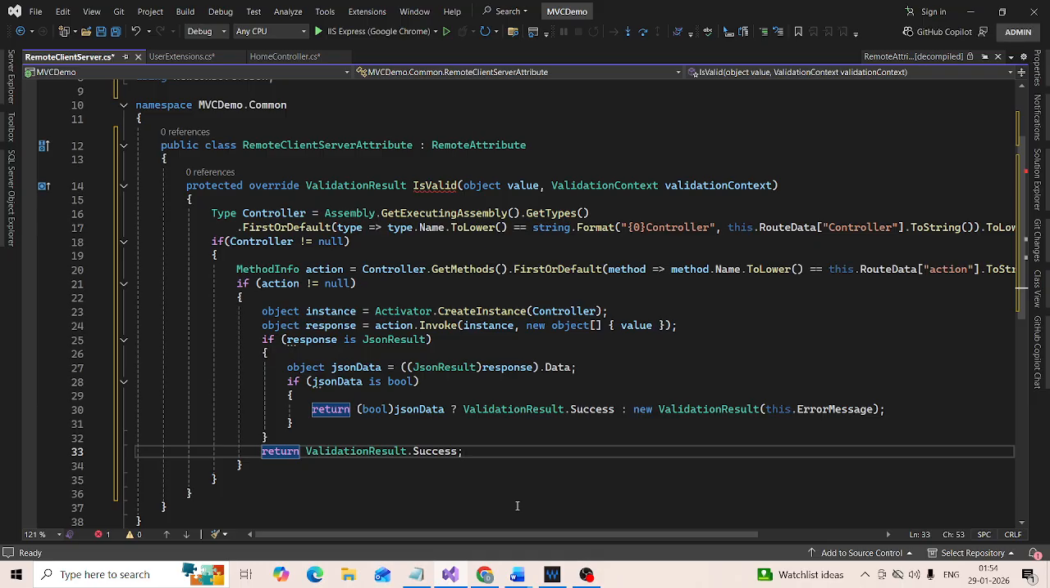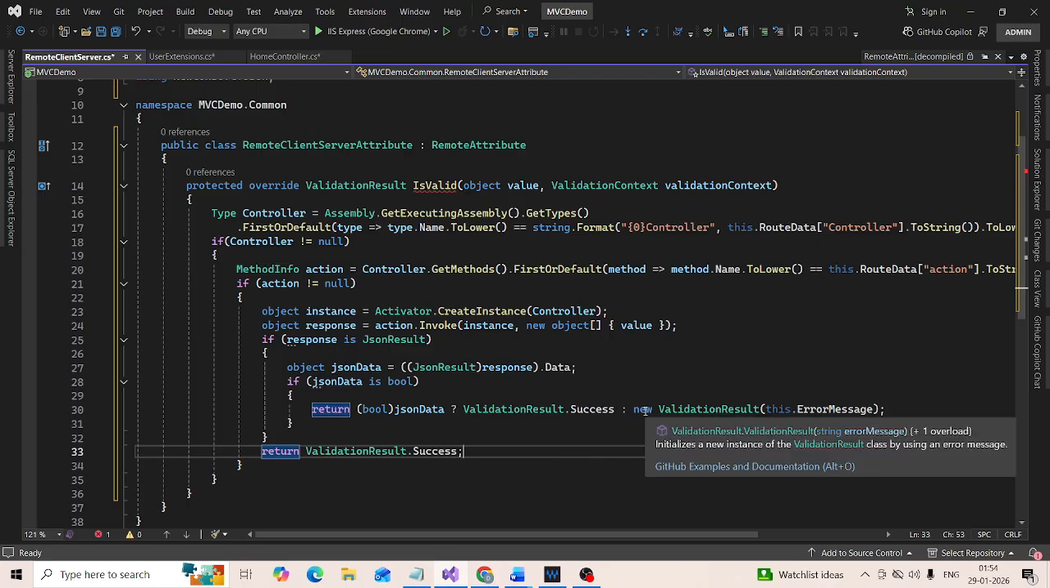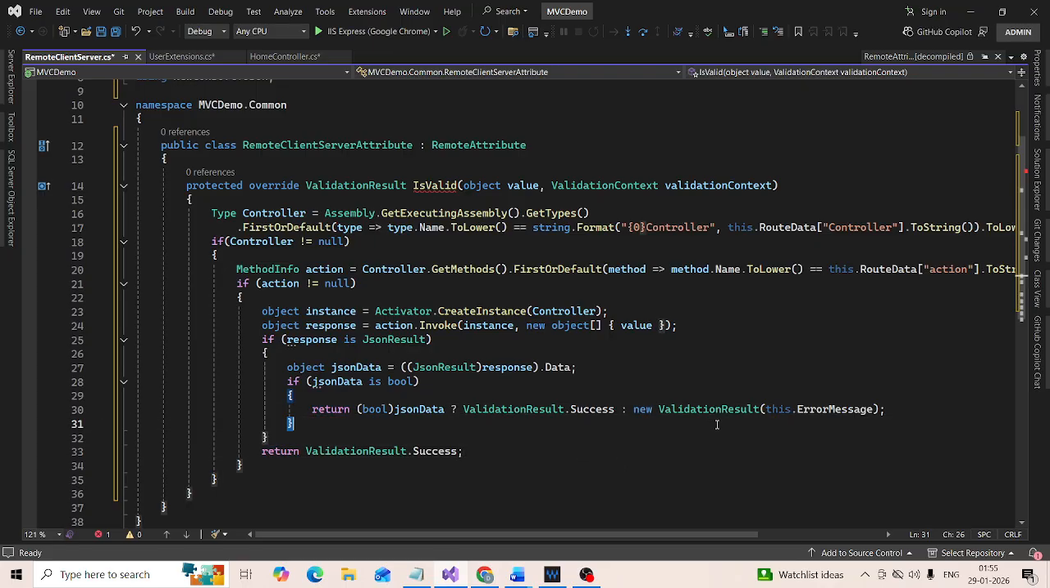If you don't want the validation to succeed, then probably you can return a new validation result like this. In that case, the validation will fail. We will look at that actually in action when we are done writing this attribute. All right. So that's it, overriding the IsValid method. The other thing that we need to do is look at this. At the moment, if I try to use remote,